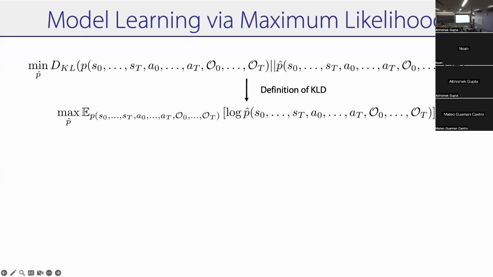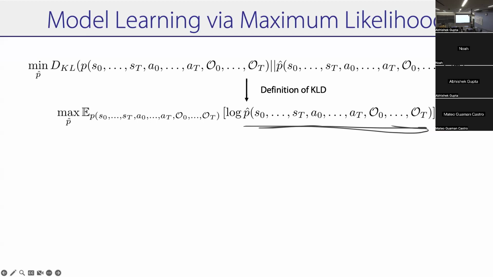And so if you work through the steps here, you write out the maximum likelihood expression and take samples of states, actions, and optimality from your environment. So just take samples in the environment and maximize the likelihood of those samples under your approximate model P hat. Your P hat is your approximate cloned model, P is your true environment. And then you don't take samples from the true environment, you maximize the likelihood of your fake, approximate model.